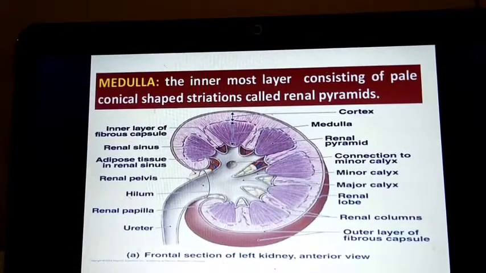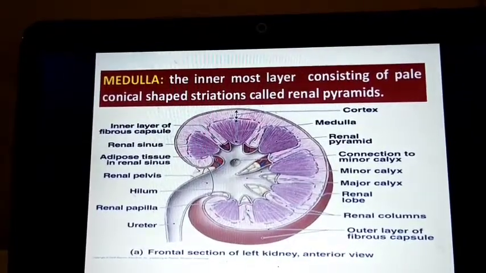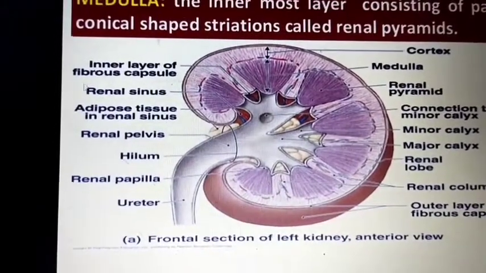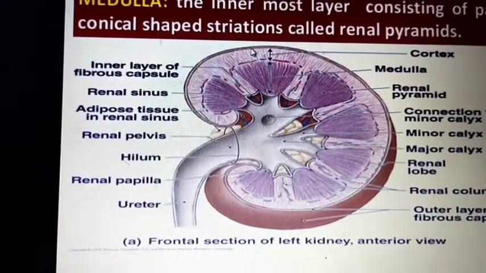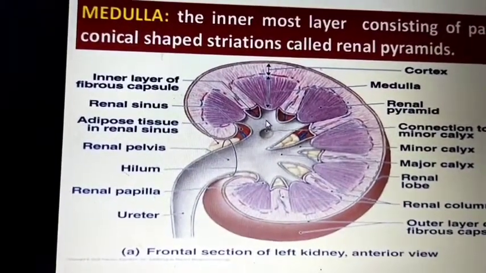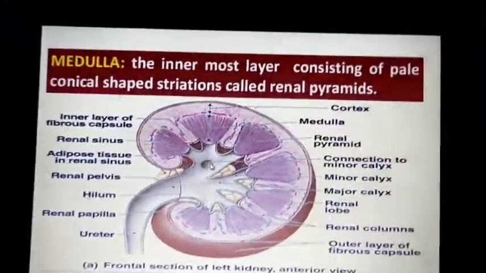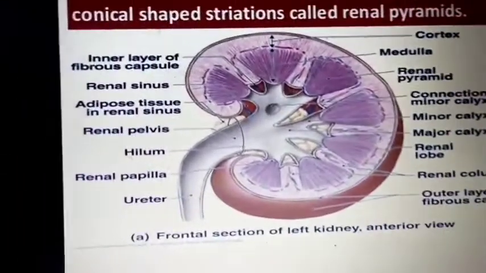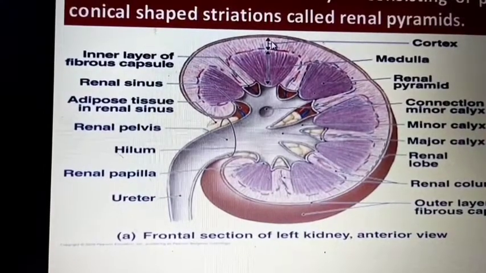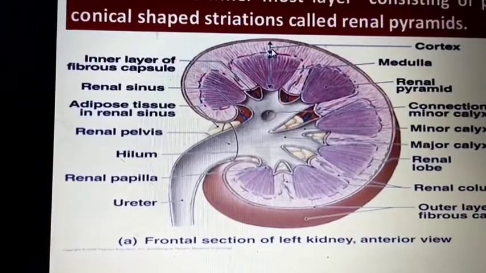And there is another one called the renal lobule. A renal lobule contains both or any one section of the pyramid. You can see the whole section of the capsule, cortex, pyramid, and minor calyx. The whole section like this is called a renal lobule, or a renal lobe. And the renal lobule means the area just above the pyramid, the base of the pyramid.